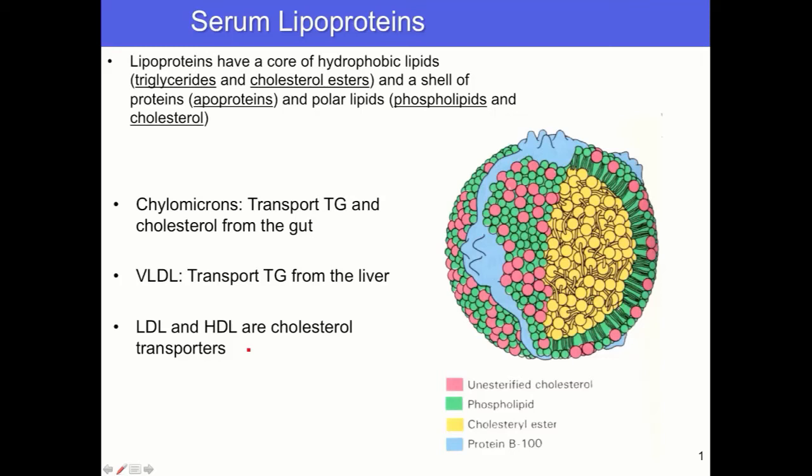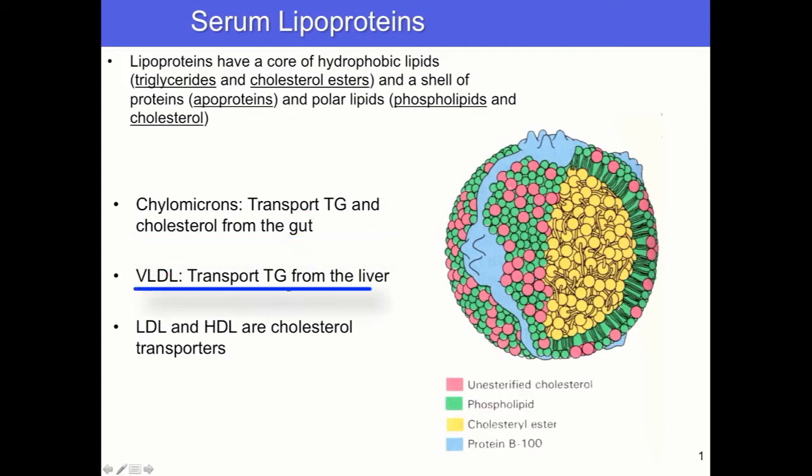Today we're going to review the transport of lipids by serum lipoproteins. Lipoproteins have a core of hydrophobic lipids, usually triglycerides and cholesterol, and they have a shell of polar lipids, cholesterol and phospholipids, and proteins that both hold the structure together and also provide tags that allow this particle to interact with receptors and enzymes. We're going to talk about four different lipoproteins: chylomicrons, which transport dietary lipids from the gut;